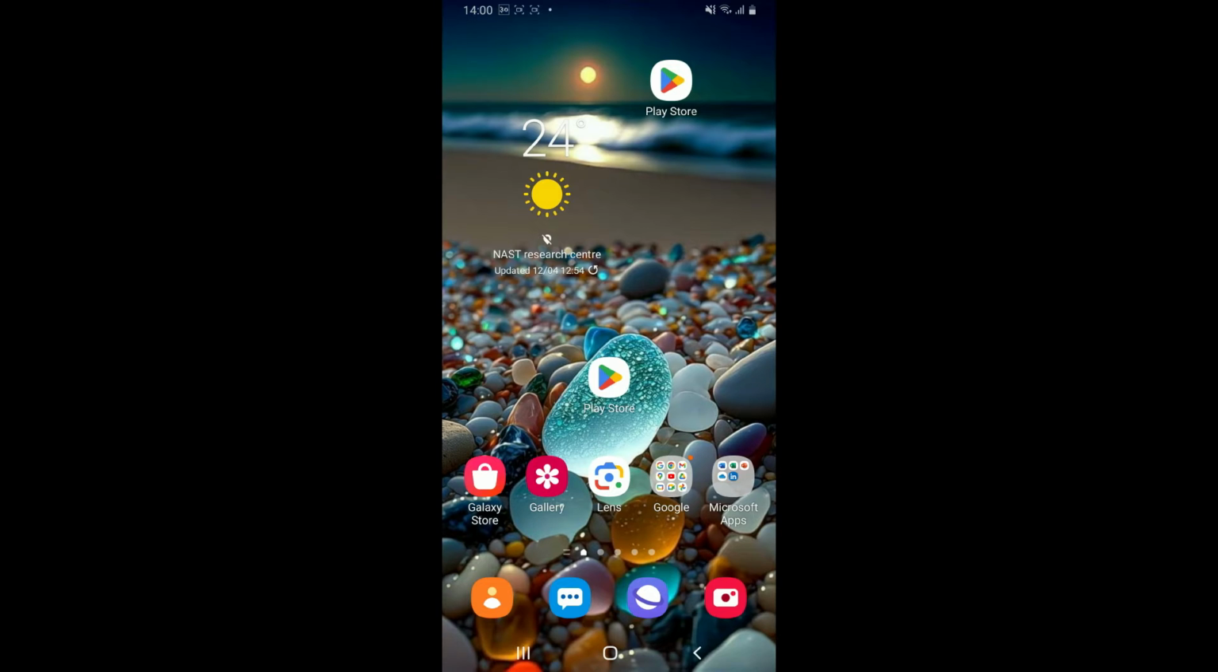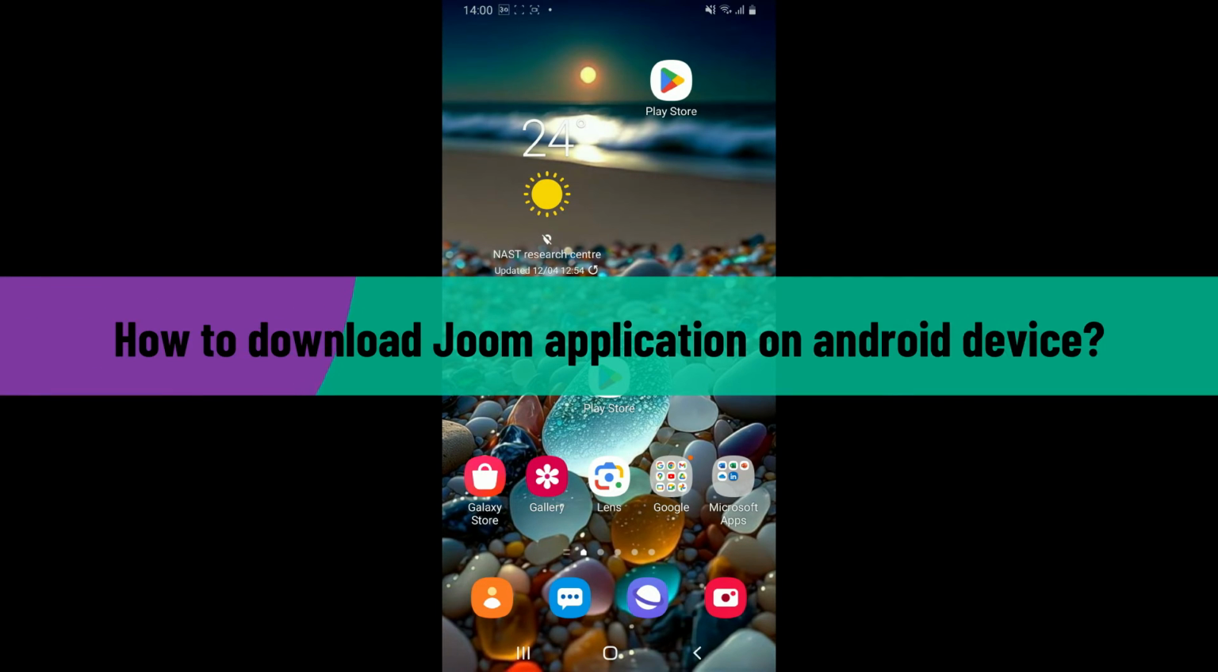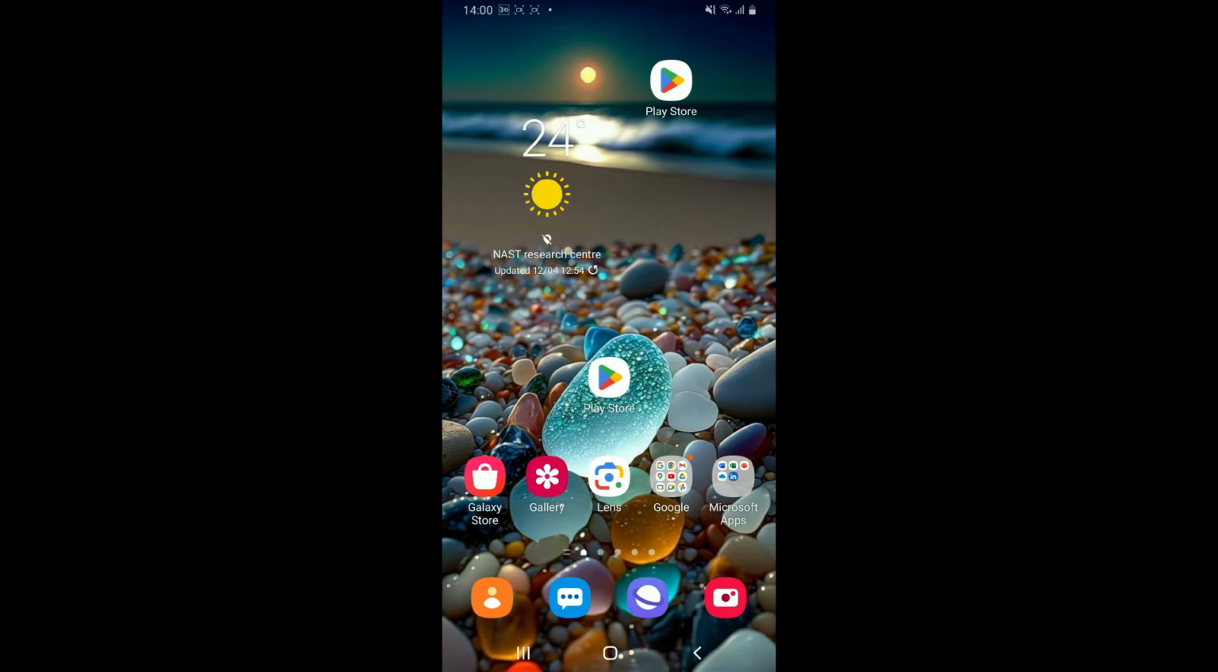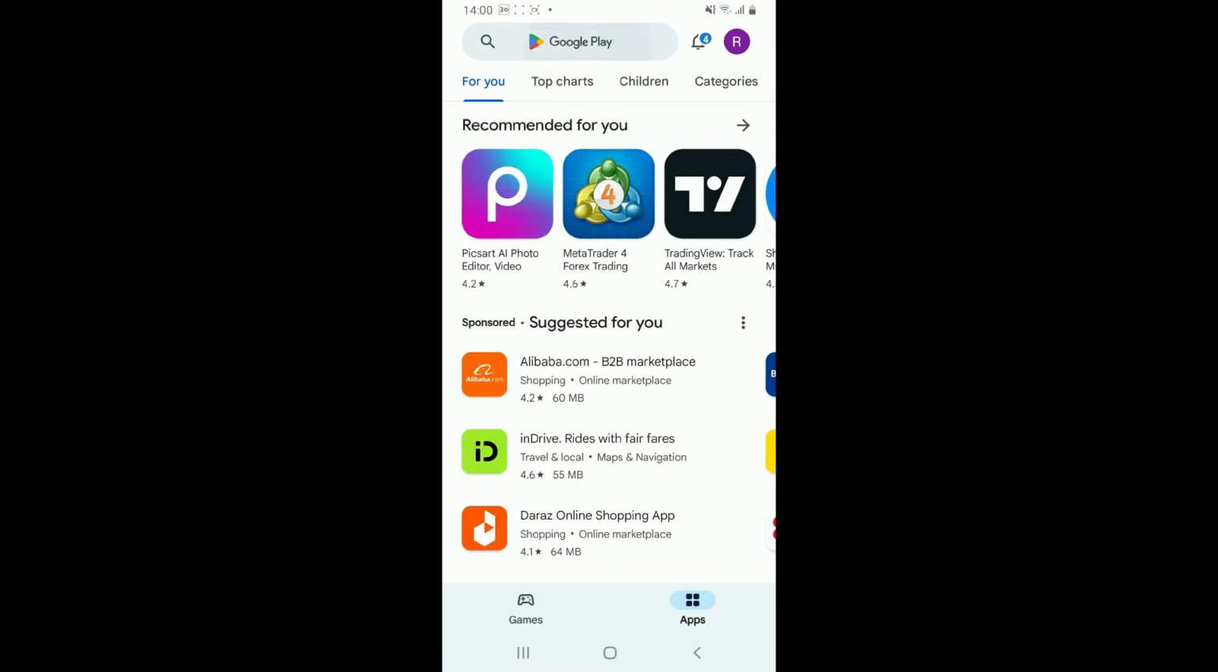In this episode, we will be learning how to download the Joom application on your Android device. The Joom application is an online shopping platform that allows users to browse and purchase a wide variety of products at competitive prices. To download the correct Joom application, open Play Store from your Android device and go to the